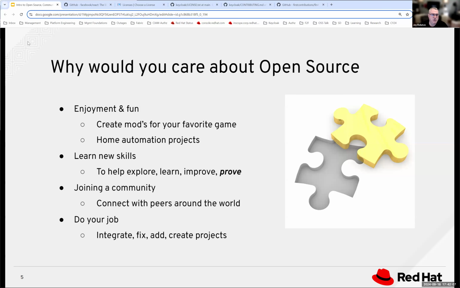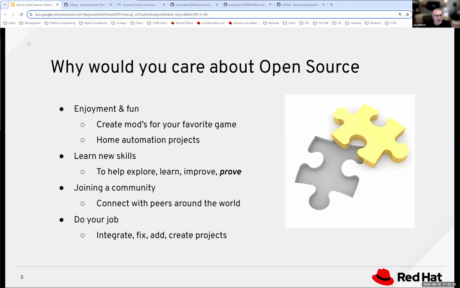But the majority of projects you see up on GitHub, I haven't done the math myself, but I would assume the majority of projects up there are open source in one manner or another. So like I said, please shout out if you have questions. I'm glad you raised your hand.